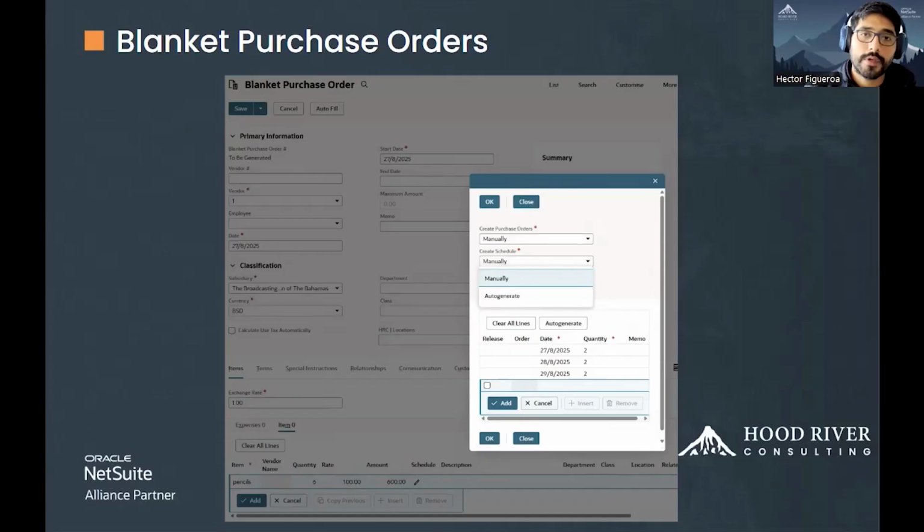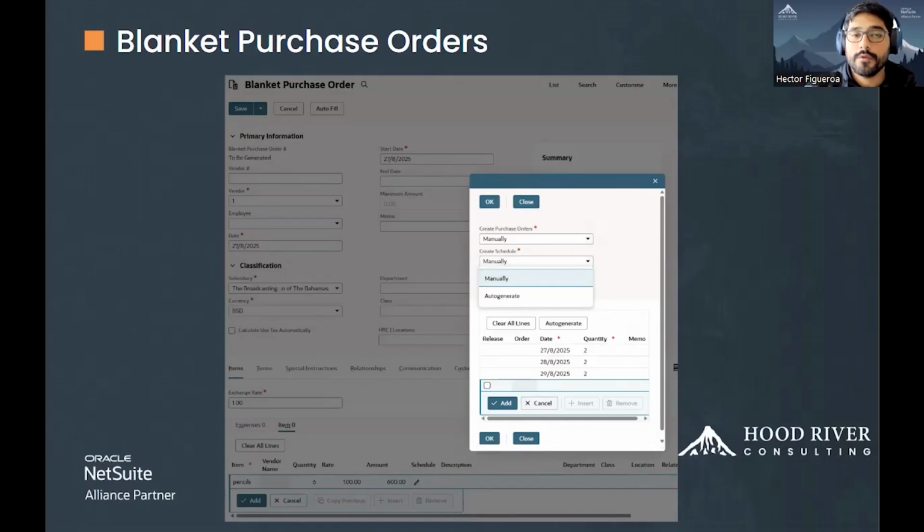For example, in this blanket purchase order, we can see that we have a pencil and 6 units of pencils for $100 each. However, I'm going to buy 2 of these pencils on the 27th, 2 of them on the 28th, and the last 2 on the 29th. Meaning that from this one blanket purchase order, I'm going to create 3 real purchase orders.